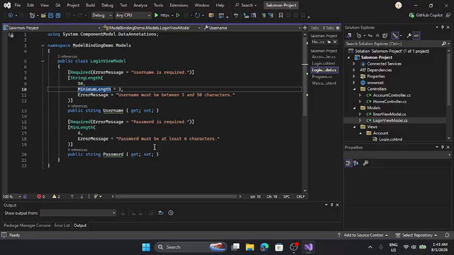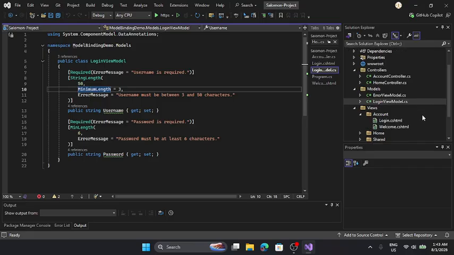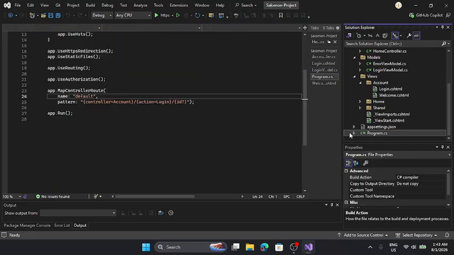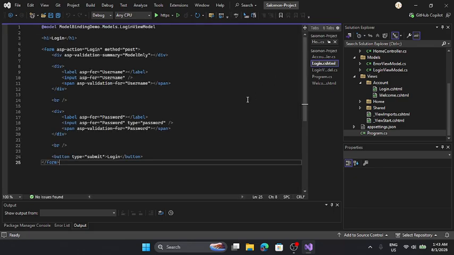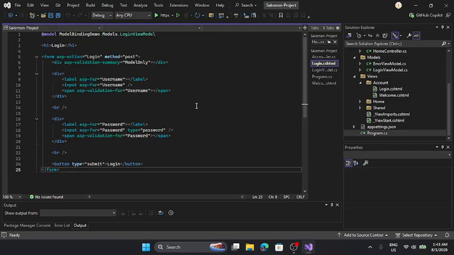Next is our login code. Here in our login code, we notice how we use ASP.NET Core Tag Helper inside our HTML form.